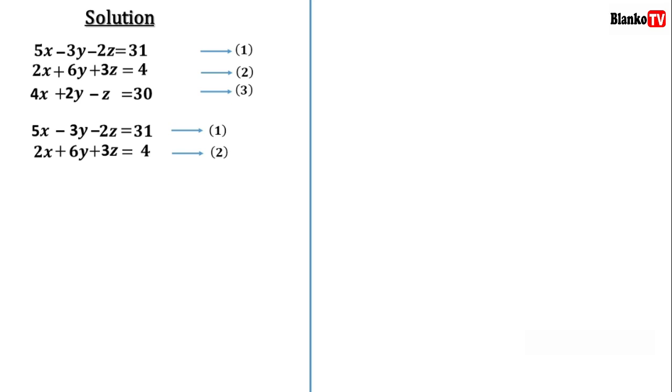So let's multiply equation 1 by 3 and equation 2 by 2, and when we do that we are going to get 15x minus 9y minus 6z equals 93, and then 4x plus 12y plus